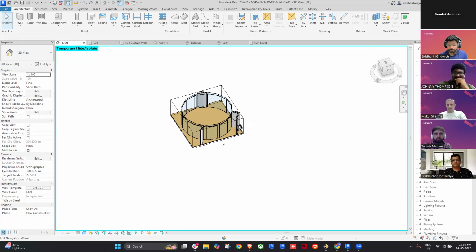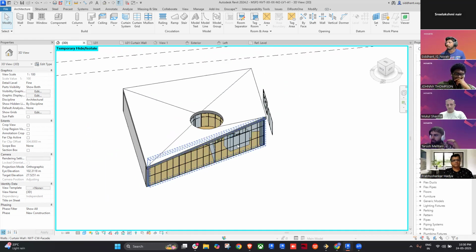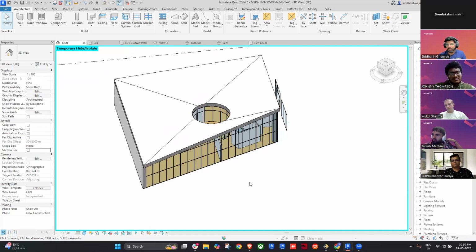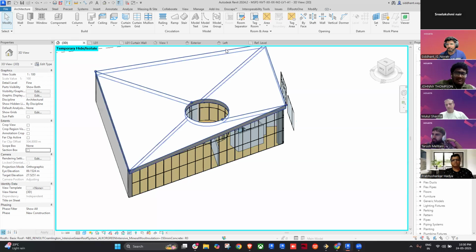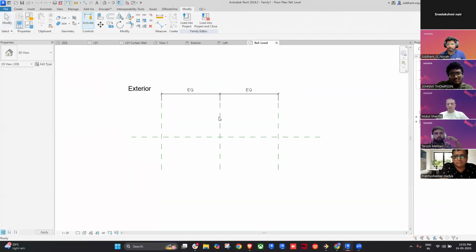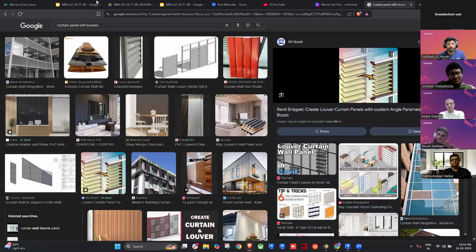Okay, moving to the second activity. For the second activity, we need to create a custom panel, where I will connect this to the topic where I mentioned that panels are separate standalone entities, more like a separate family. Similarly, you can see we went to this particular family template to create a panel, right? So in the second activity, you have to